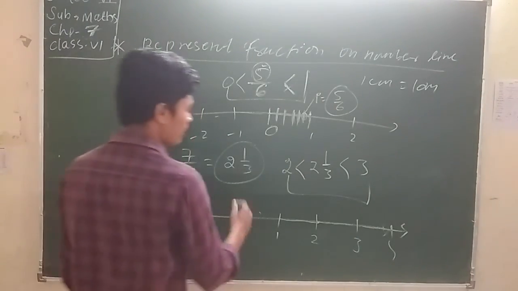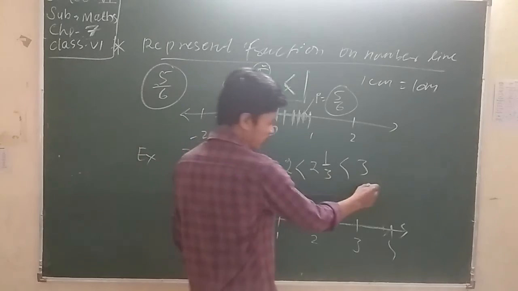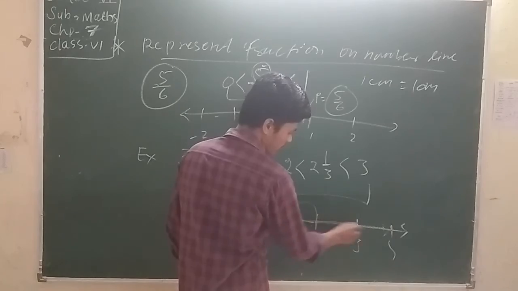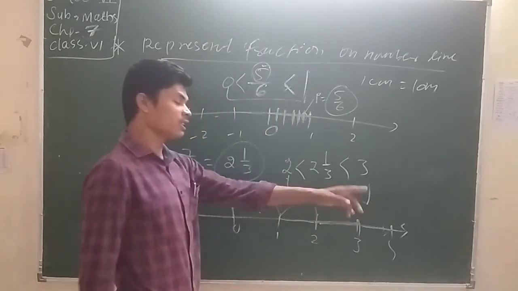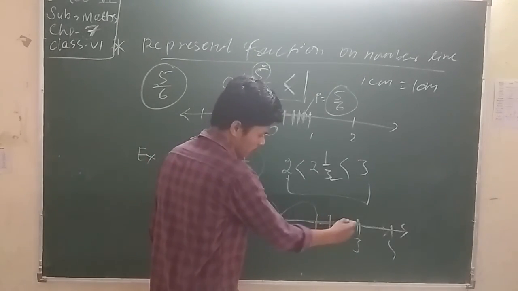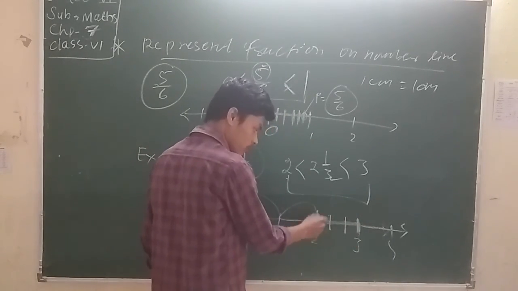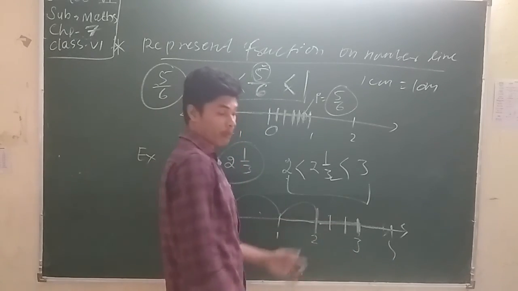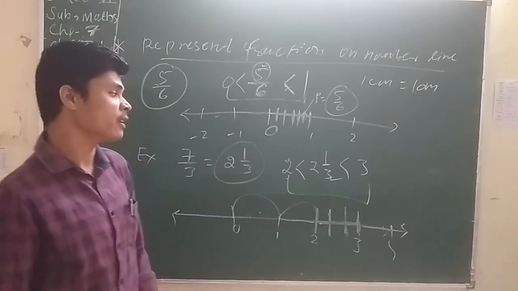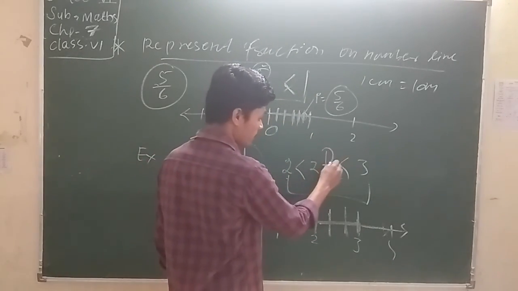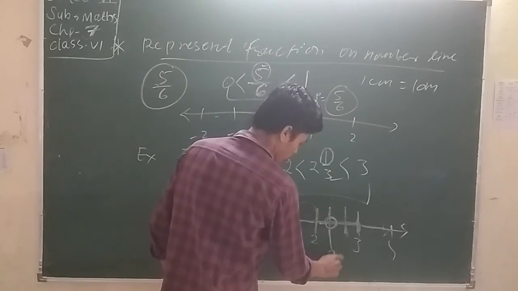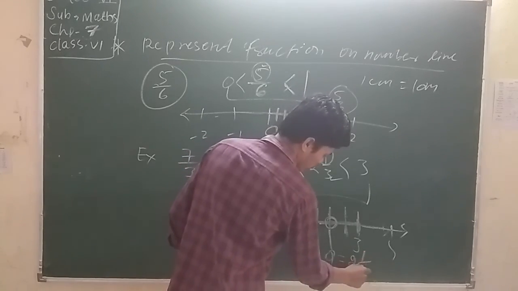Now the number is lying between which numbers? 2 and 3. That means where are 2 and 3? Here 1 whole and 2 whole, then here 2 and 3. We divide between 2 and 3 into how many parts? The denominator is 3, so we divide it into 3 parts: 1 part, 2 part, and 3 part. Don't count from this place. When you divide into parts, count from here: 1, 2, 3. If you count from here, your answer will be wrong. Now see, what is here? 1. We give it the name Q equal to 2 whole 1 by 3.